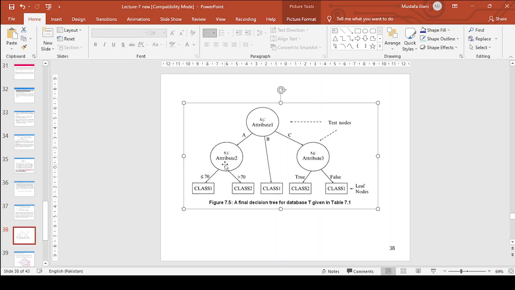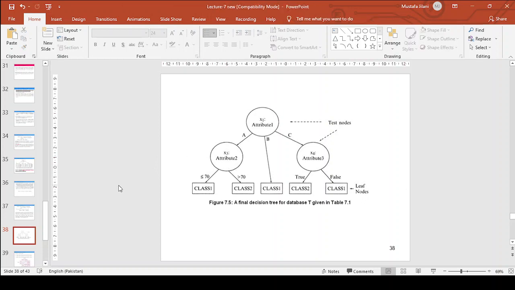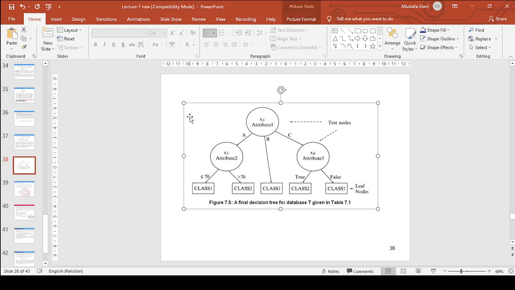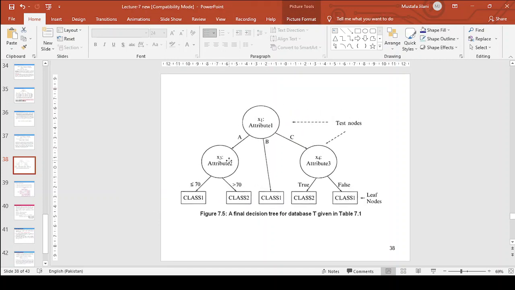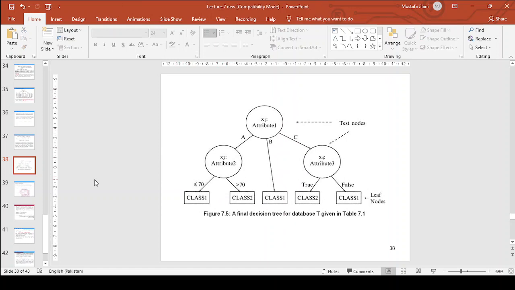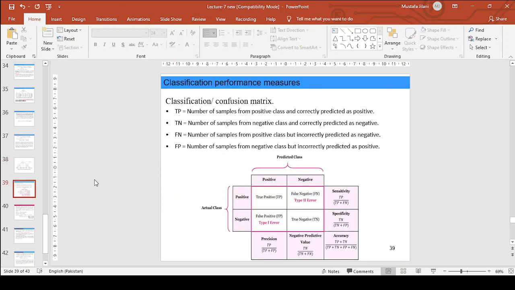So this is the simple way of classifying a model into different segments. But one thing which is very important is to decide whether the model is performing good or bad. We need a measure of performance of the classification model. For example,